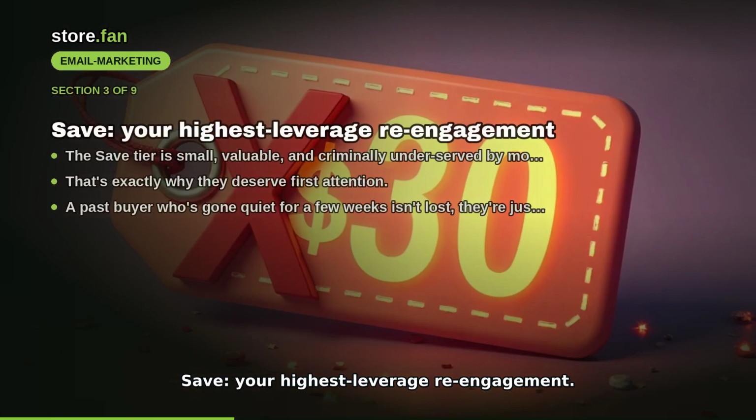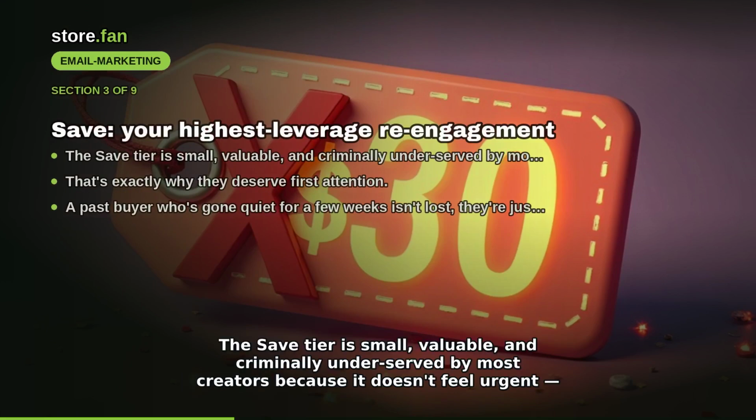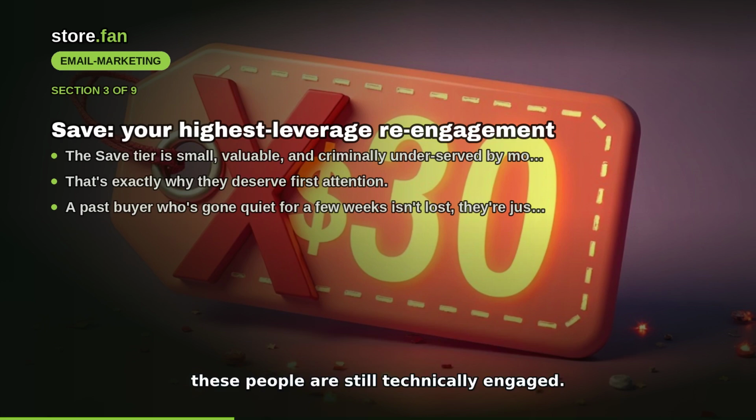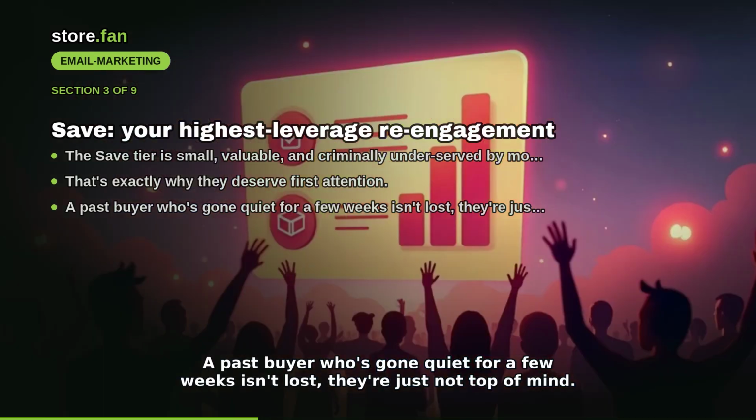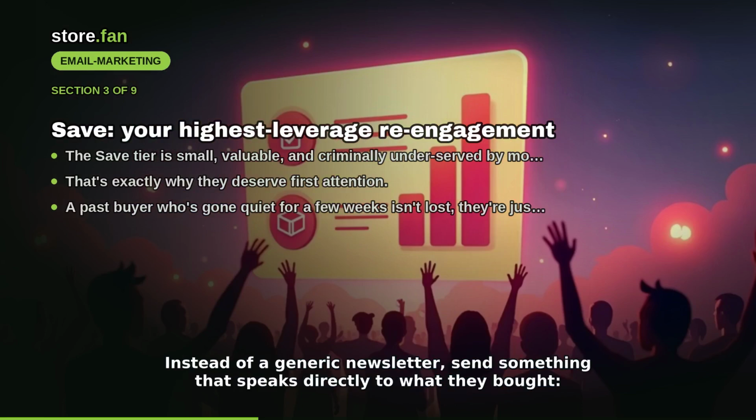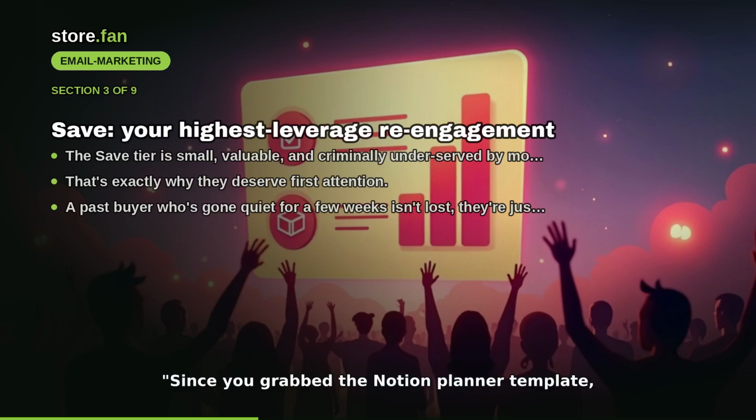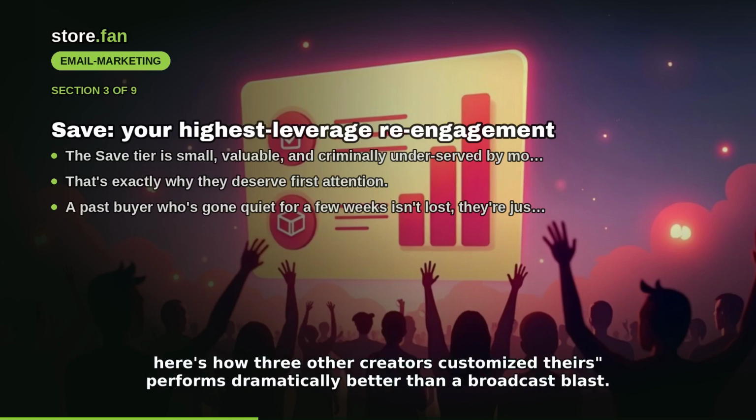Save. Your highest leverage re-engagement. The save tier is small, valuable, and criminally underserved by most creators because it doesn't feel urgent. These people are still technically engaged. That's exactly why they deserve first attention. A past buyer who's gone quiet for a few weeks isn't lost, they're just not top of mind. Instead of a generic newsletter, send something that speaks directly to what they bought. "Since you grabbed the Notion Planner template, here's how 3 other creators customized theirs" performs dramatically better than a broadcast